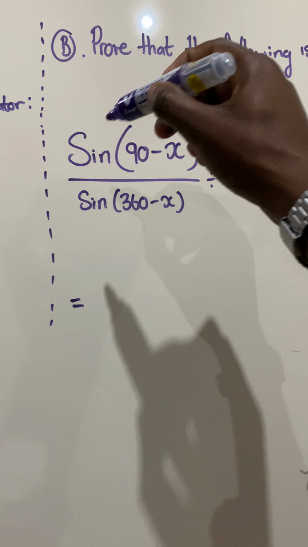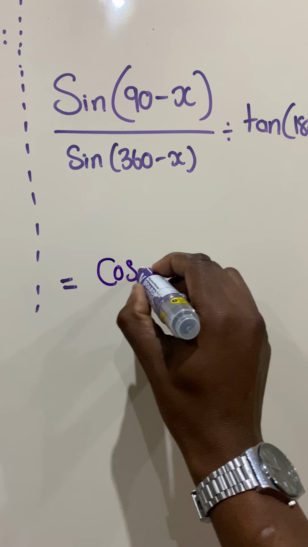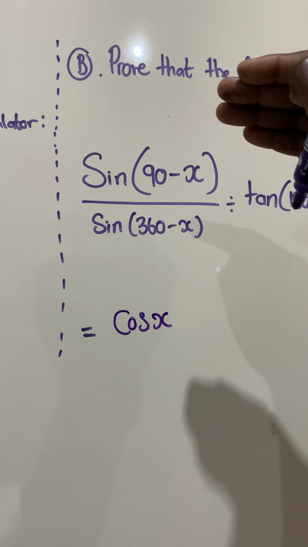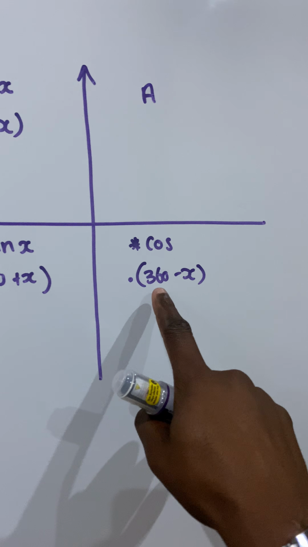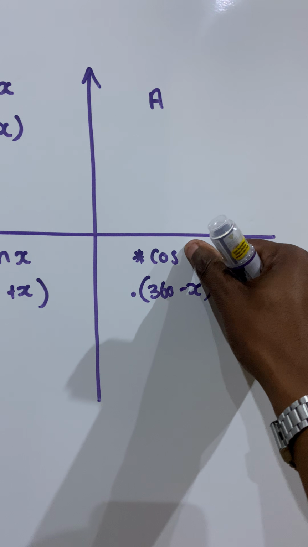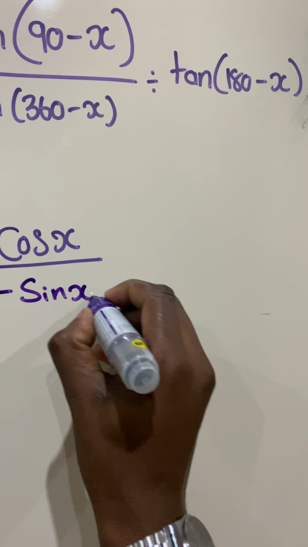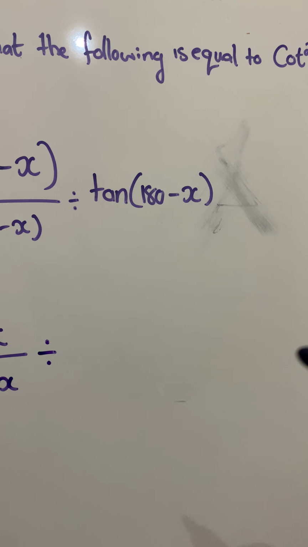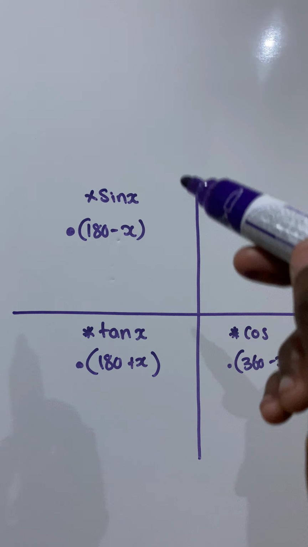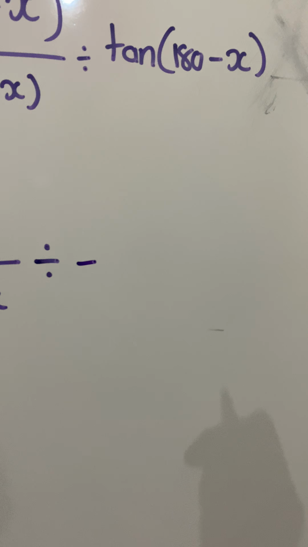So let's go. We have sin 90 minus x. That equates to, you get it by now, positive cos x. Why? 90 minus x is in the first quadrant, hence the positive sign. 360 minus x is in the fourth quadrant. In the fourth quadrant, only cos is positive, meaning our sin is going to be negative sin x. This divided by, we have tan 180 minus x. 180 minus x is in the second quadrant, and only sin is positive there, so our tan is going to be negative. So we're going to have a negative